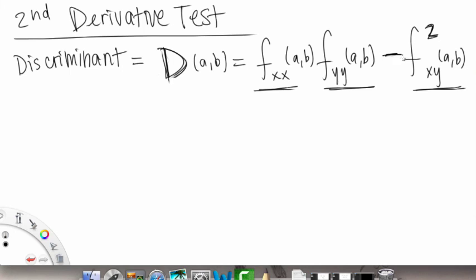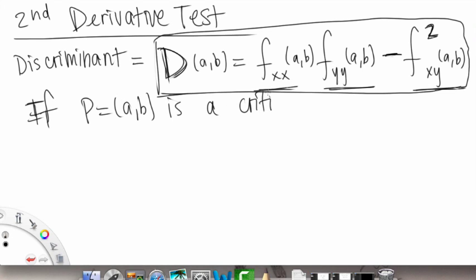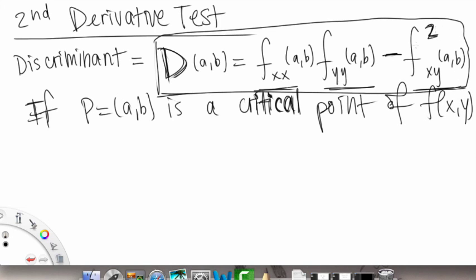Okay, so from here, we're going to use this equation. This one's pretty important. This is essential to the second derivative test. That's pretty much the backbone of it. So this is the latter part of the second derivative test. We're going to say that if P, which is (a, b), is a critical point, meaning that both of our first partial derivatives are either equal to 0 or do not exist, one or the other, or both at the same time, right? So a critical point of our function f of (x, y), then